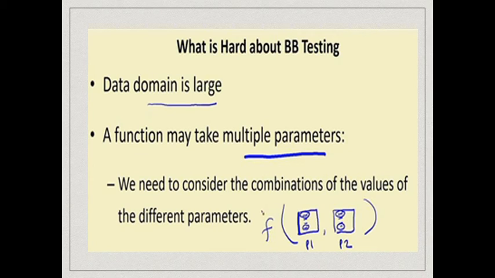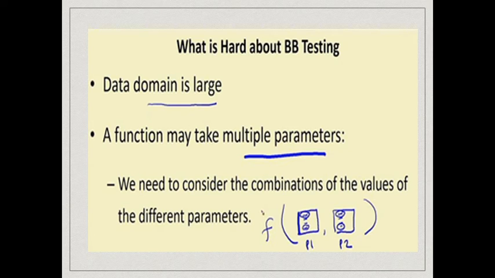Now let's try to appreciate why black box testing can be hard. Here we look at the input data and output behavior, that is, what it should output, and design test cases. The main complexity here is that the data domain for any typical software is large, and therefore we need to decide which test cases to apply, because we need an optimal number of test cases, and we have to select them out of the billions or trillions of possible test data. Not only that, a function may be taking multiple parameters, so we need to fix the values of those parameters. If a function takes just one parameter, we need to test with respect to just that parameter.